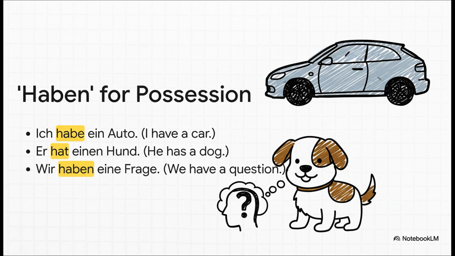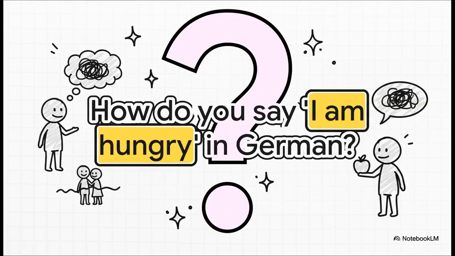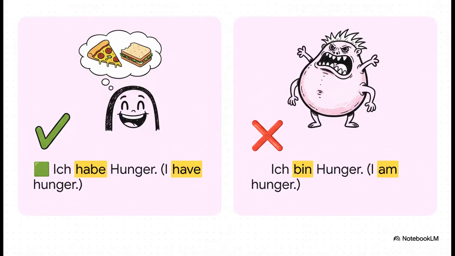Well, hold on. Okay, I need you to lean in and pay really close attention for this next part, because what we're about to cover is probably the number one mistake English speakers make when they're starting out. Getting this right will make you sound so much more natural, instantly. So let's do a little pop quiz. How would you translate the sentence, I am hungry? Your first gut instinct coming from English is probably to use the verb to be, which is sein, but is that correct? Nope, it's a trap.